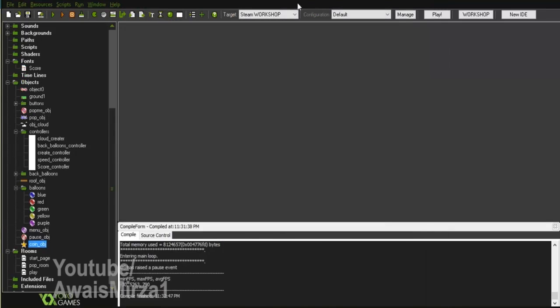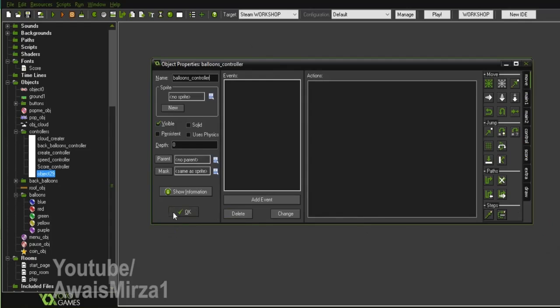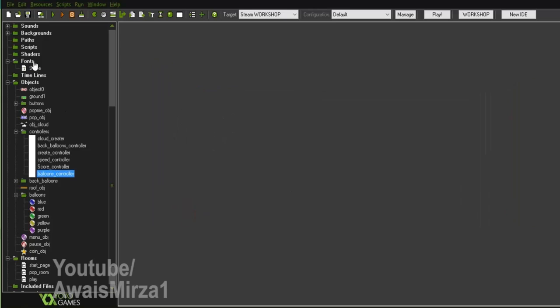Now for adding lives, I'm going to create another controller, and I'm going to name this controller balloons controller, because that will cover how many balloons have gone down, how many balloons have to go down, and the remaining balloons. Okay, so let's click OK, and now I'm going to use the same font style,